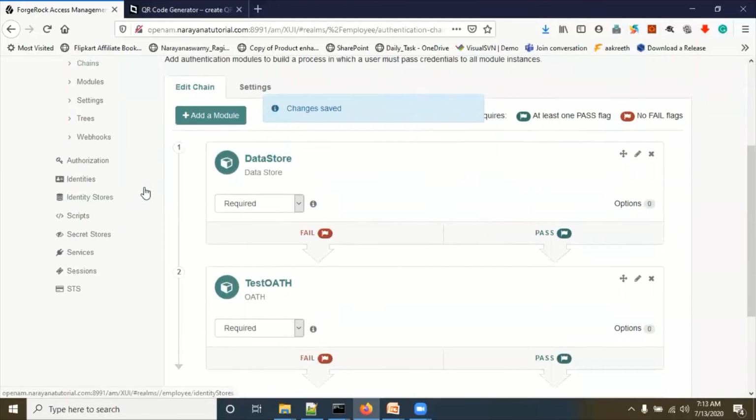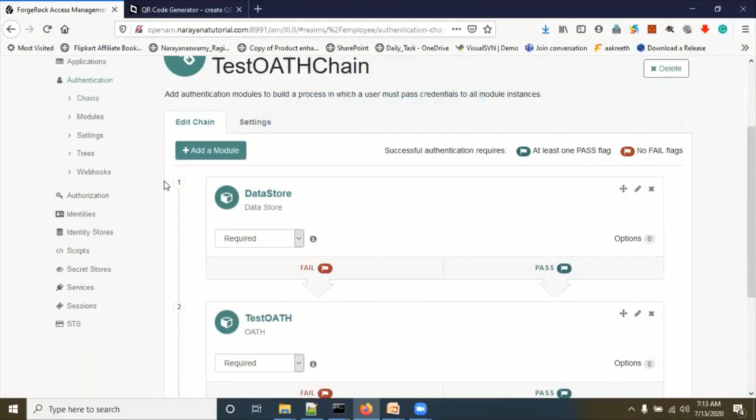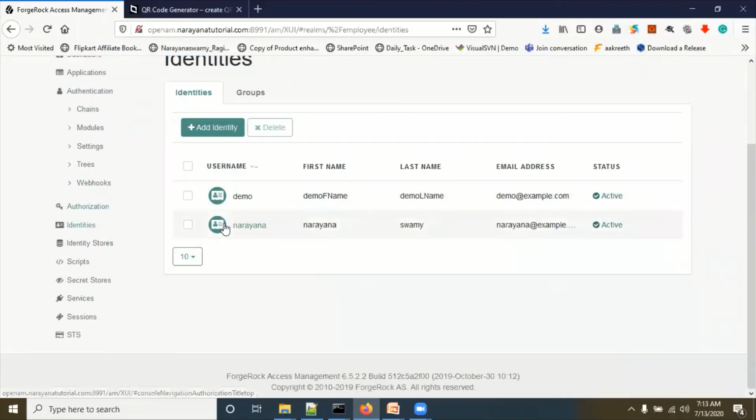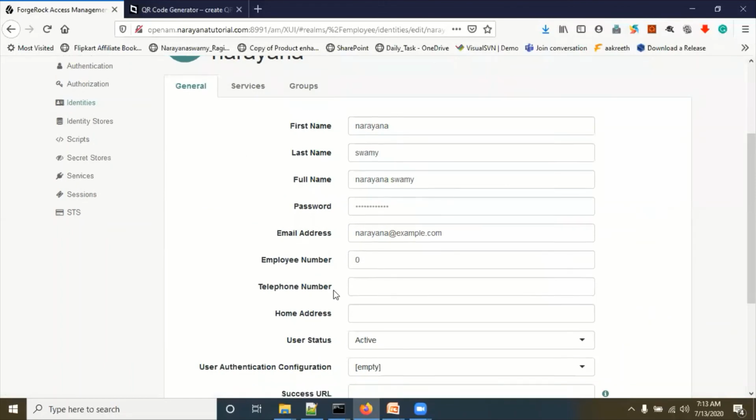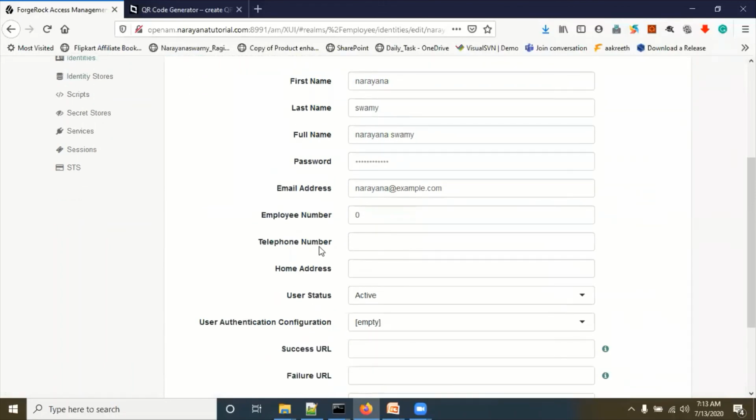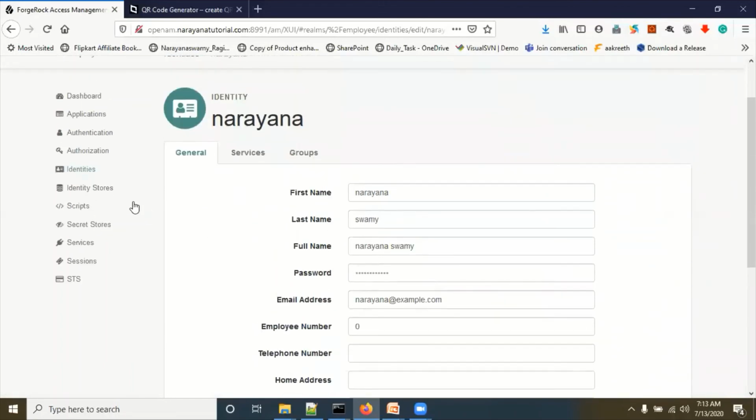Before starting the testing, go to identities. In identities, open any one of the users. Suppose I have opened Narayana.